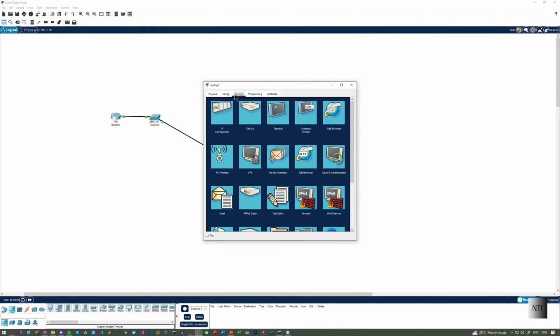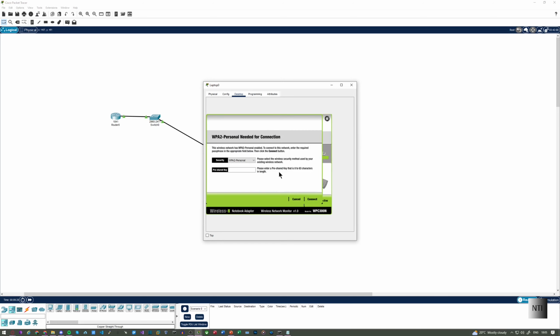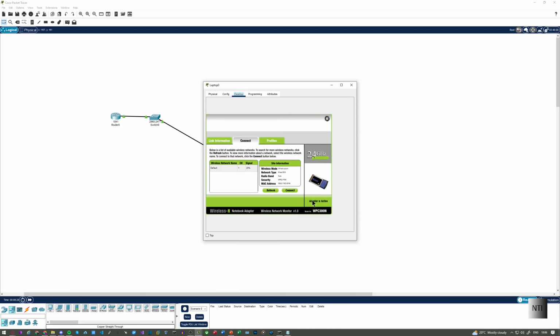So we're going to have to go to desktop and click on PC wireless. Now this is just our little way of connecting to the network. This is just a sort of desktop thing, if you like. So if we refresh it, we can see default, and the signal is 23%. So I'm going to click on connect, and I'm just going to type in the super secret password. So of course, password. Going to connect,